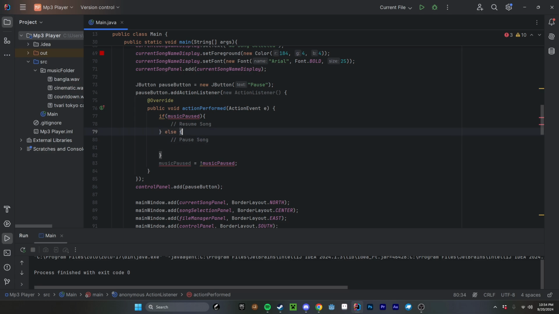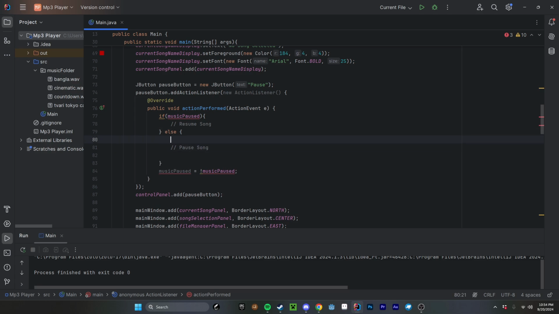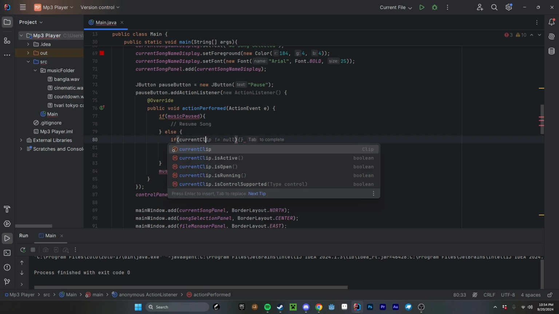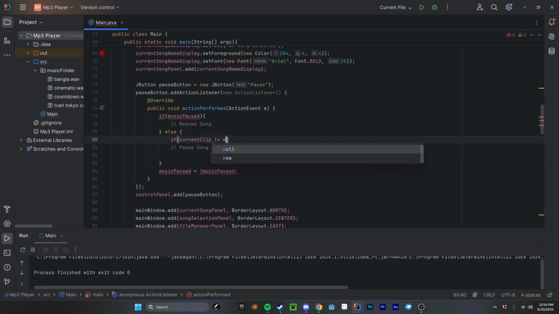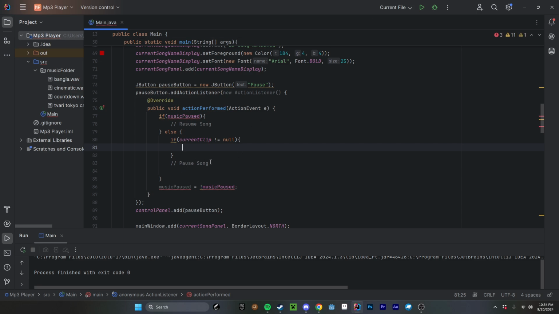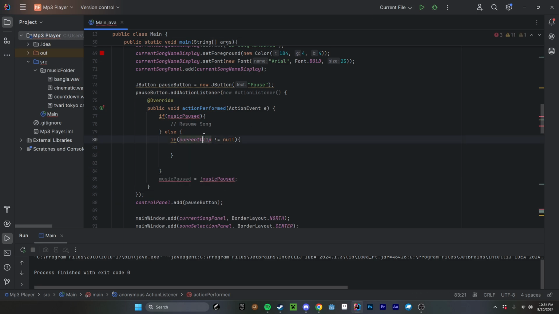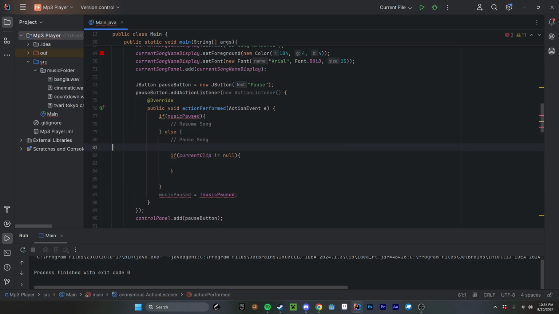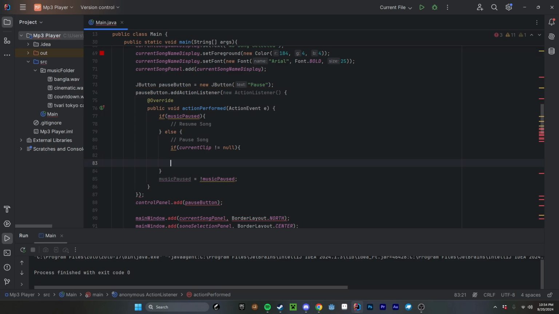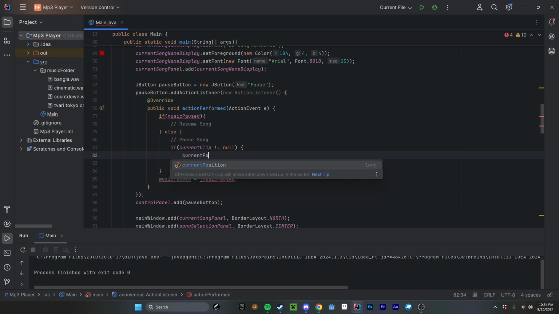I want to make sure the current clip is not equal to null in both of these cases. So if current clip is not equal to null, because if we try to get the microsecond position of something that's not even there, then we're gonna get a nice little error and it's not gonna work. So if our current clip is not null, then I want to set current microseconds position, or our current position,